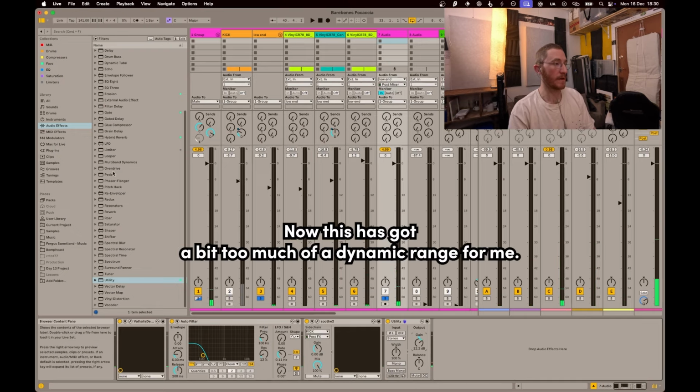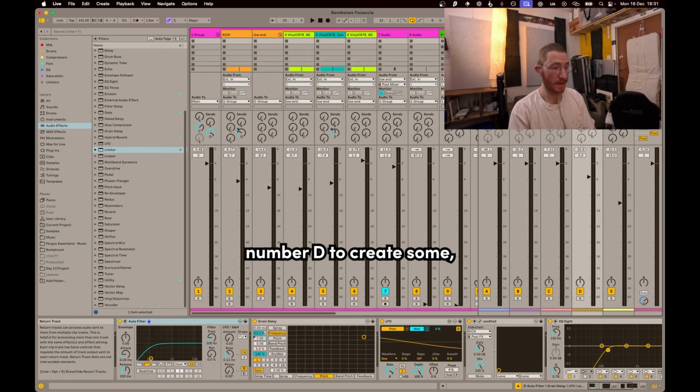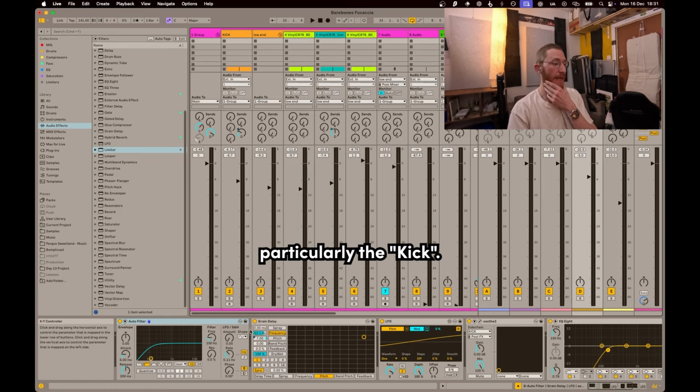Now this has got a bit too much of a dynamic range for me. Now it must be said I'm using this return channel D to create some weird stuff happening around whatever I want to send to it, particularly the kick.